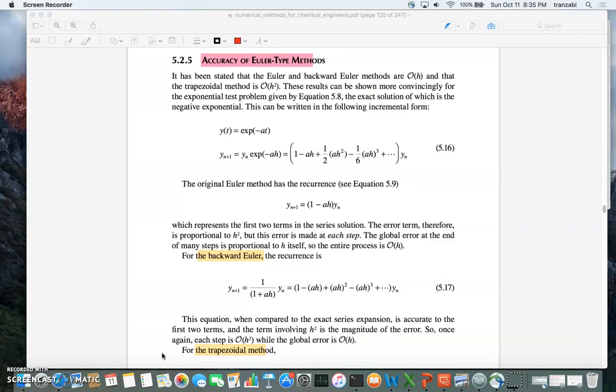So last time we left off at section 5.2.5 of the textbook. Today we're going to talk about the accuracy of Euler's method, the forward and the backward difference, as well as the trapezoidal rule. Okay, so to consider the accuracy of a numerical technique, what we have to do is we